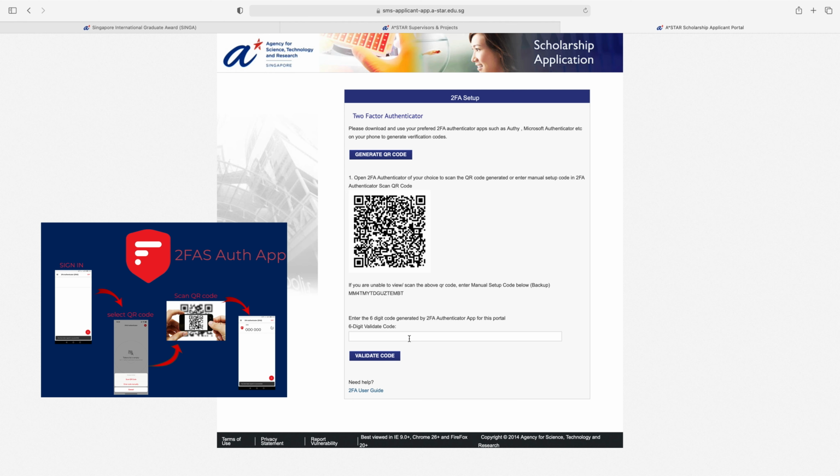If you didn't enter the 6-digit code in 30 seconds, the code changes after 30 seconds. Then, if you are late, you have to enter the second code before 30 seconds, and after entering the code, just click on validate code